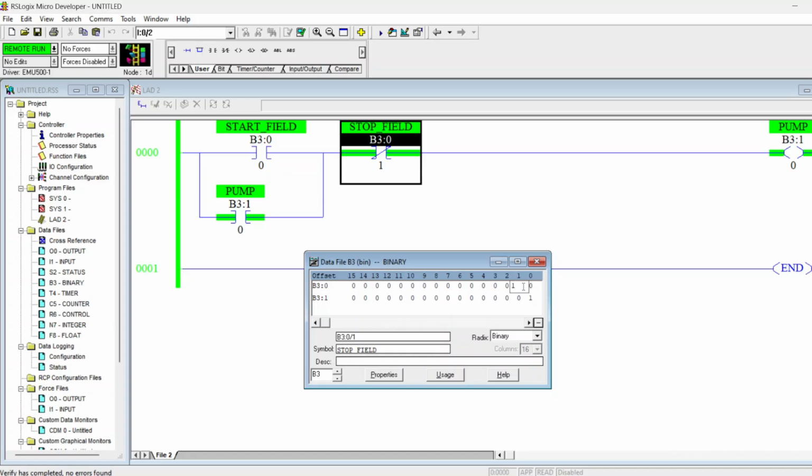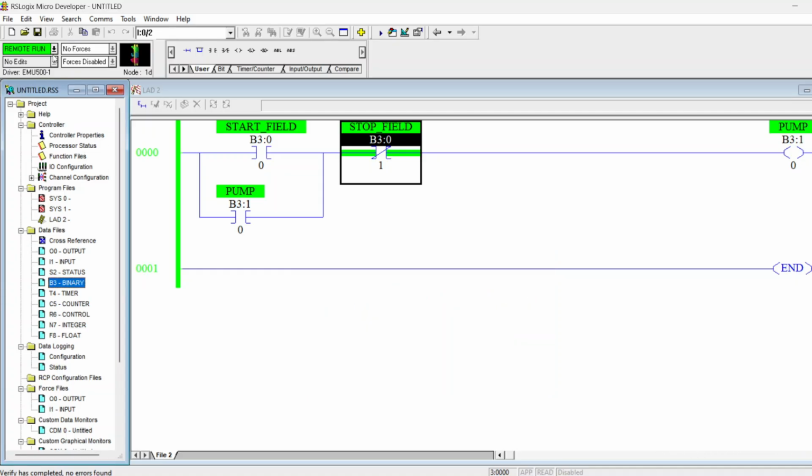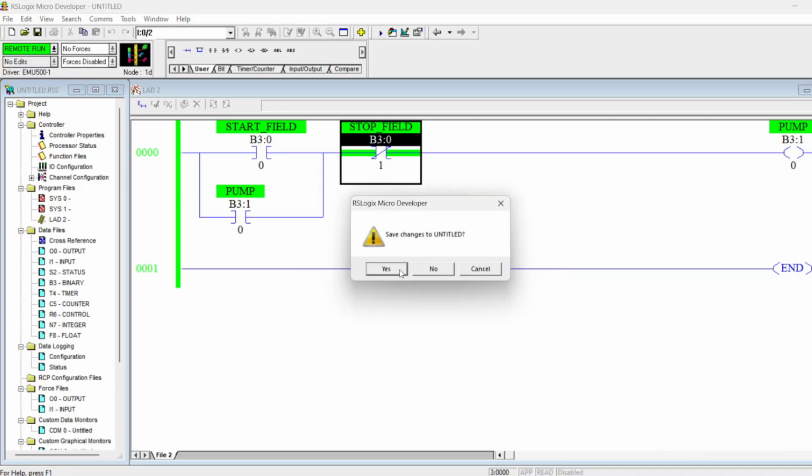Now I press the stop push button, pump is off. Now the circuit is break, because when this is pressed, this pump bit goes off. If I release the stop push button, then pump remains off. Okay, now this is simple logic. Now what we have to develop,